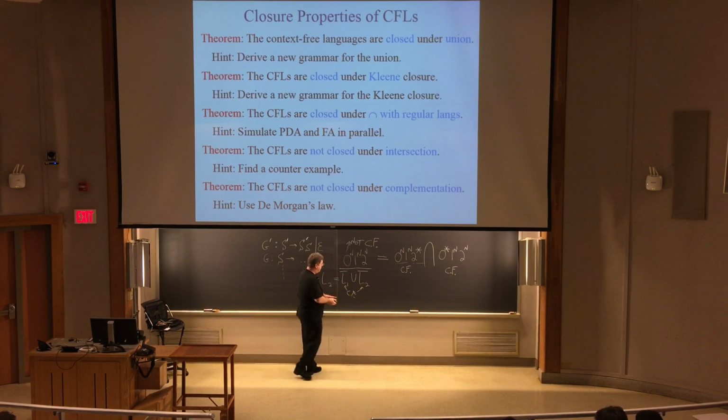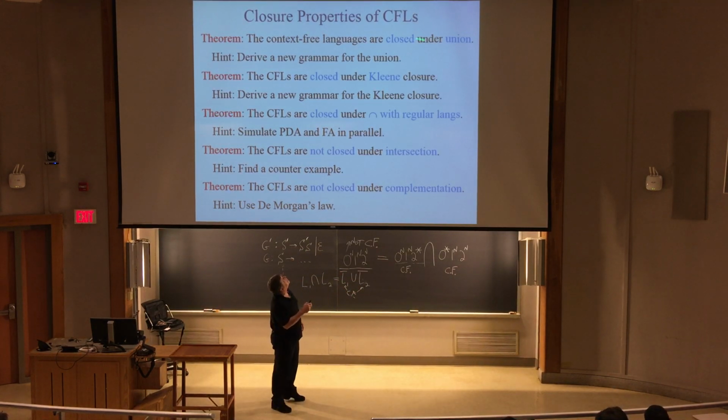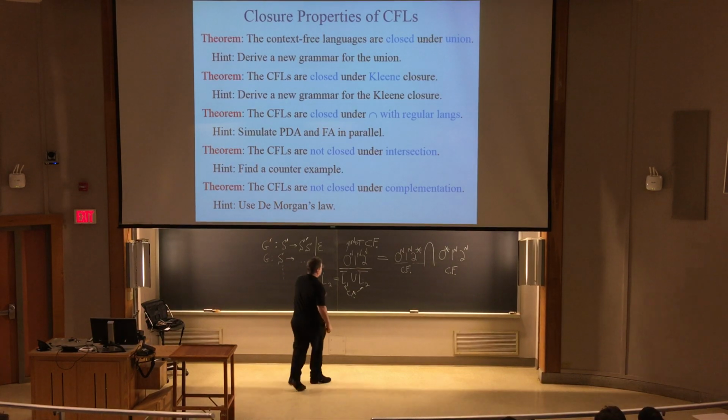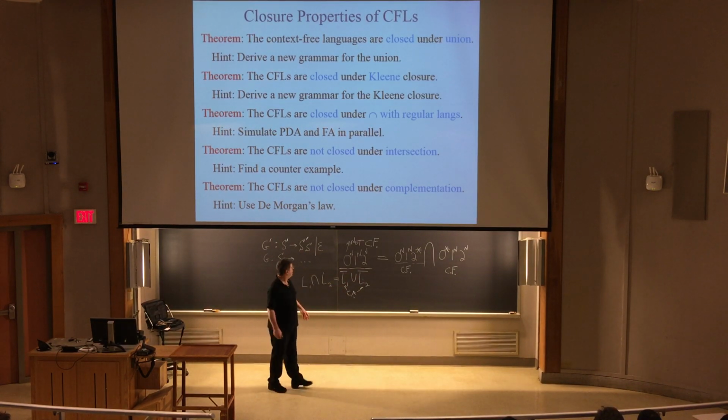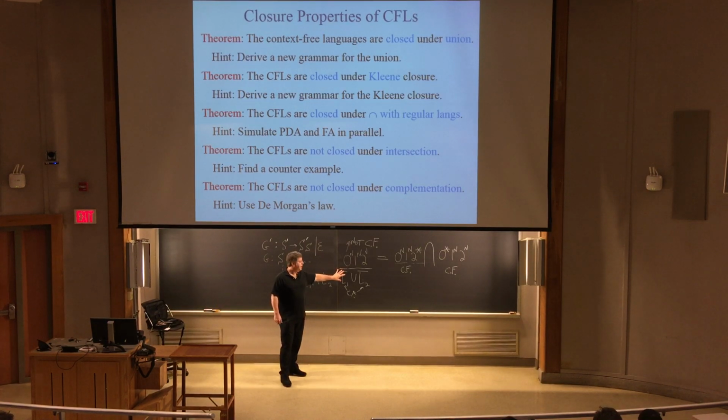L1 and L2. If the intersection preserved context freeness, and the intersection is equal to the complement of the union of the complements, if the complement preserved context freeness, the complement of L1 would be context free, the complement of L2 would be context free because it presumably preserves context freeness. And then the union is context free because union preserves context freeness over here. And the complement, we presume, preserves context freeness, and so the complement of this context free thing under that will be context free also. And so the whole right-hand side will be context free. But the right-hand side is equal to the left-hand side